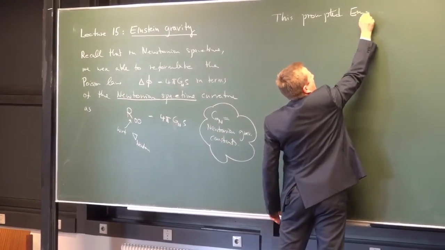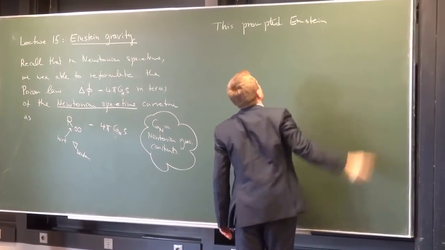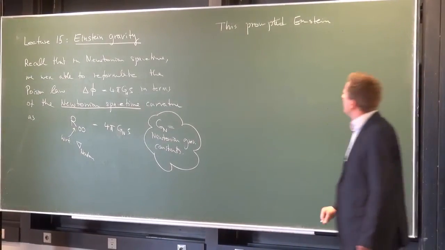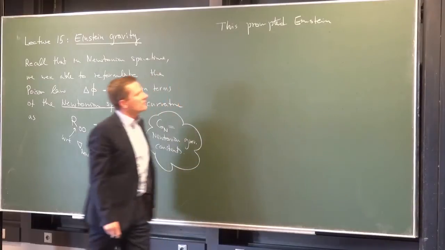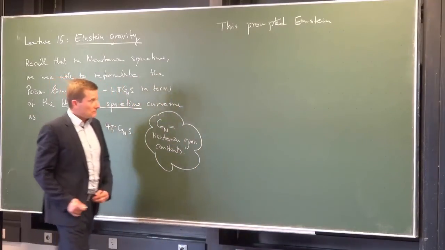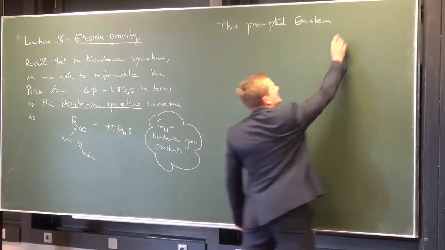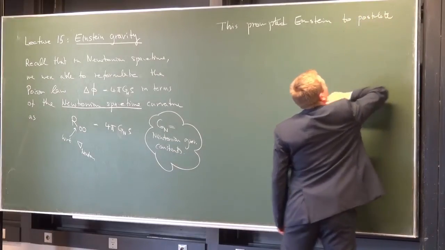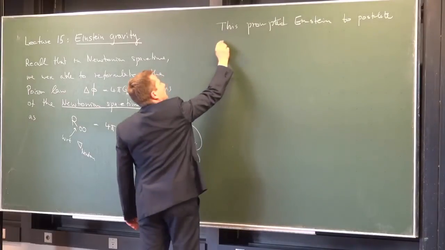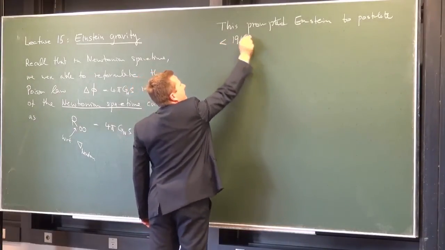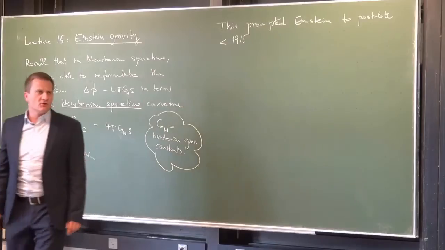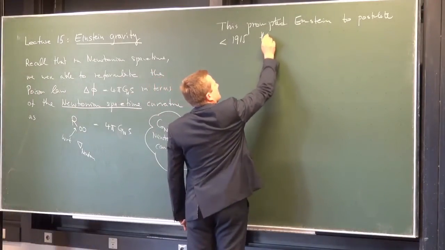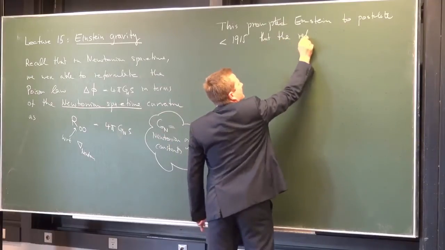Of course, Einstein thought about this in many different ways, so it's difficult to say what exactly prompted him to do what in the course of the development of the theory, but roughly speaking, this prompted Einstein to postulate in the years before 1915. I'm not exactly sure when he wrote this down, maybe 1912 or so, that the relativistic